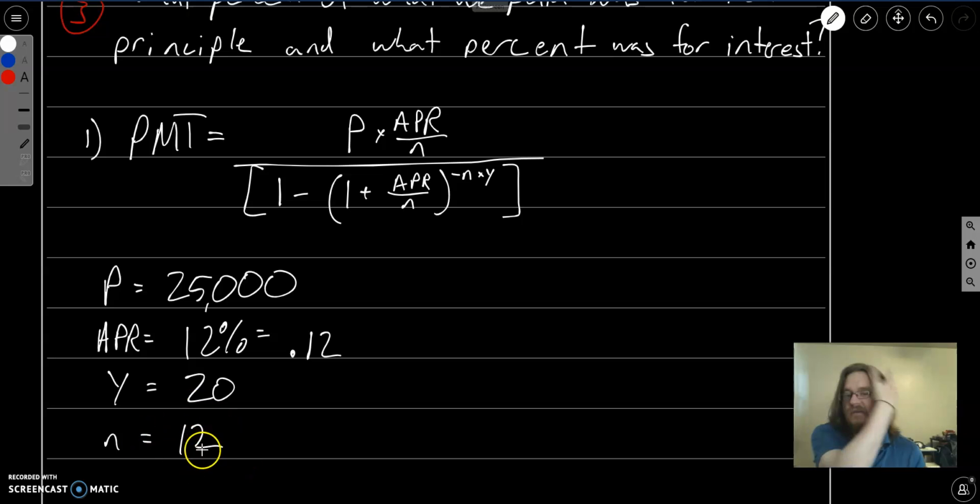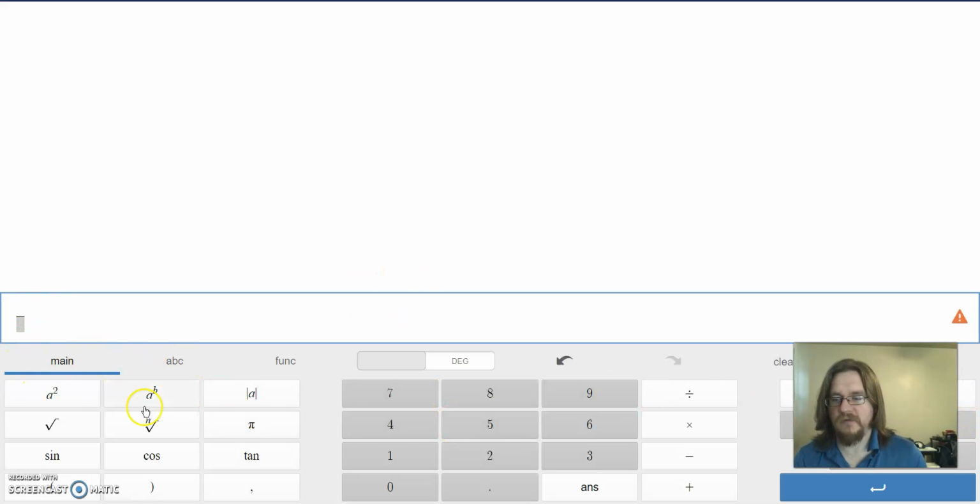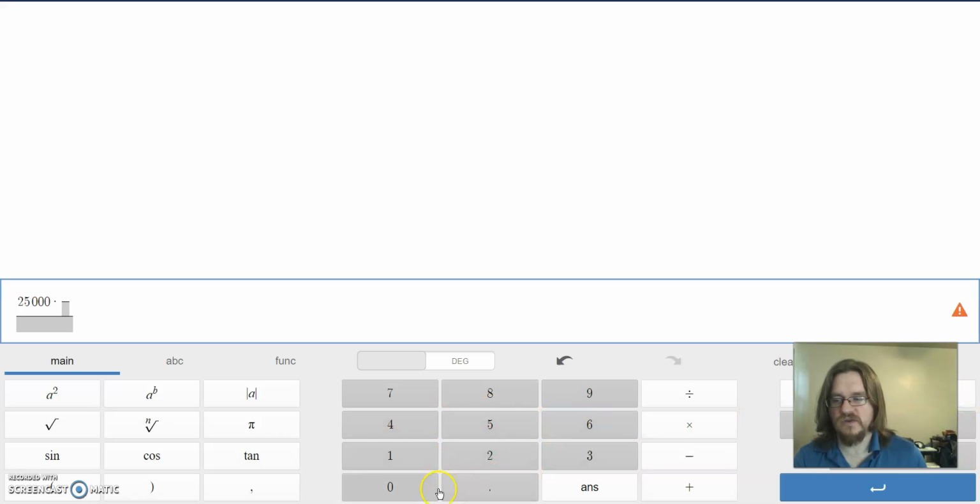We have 12, we're going to make 12 payments a year. So let's plug all of this into our calculator, which I'll just use decimals for. We'll start with the top of the fraction, so I'll use my fraction button. We took out $25,000, and we've got another fraction right here. This is going to be 12%, so 0.12, divided by 12, which is how many payments we're going to make